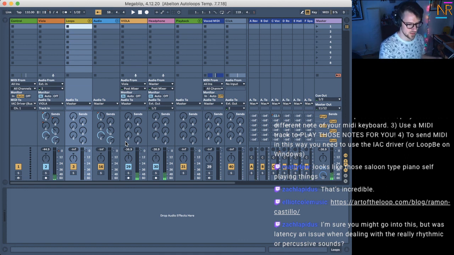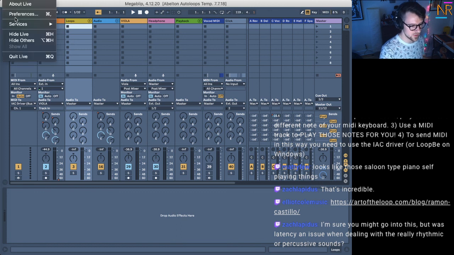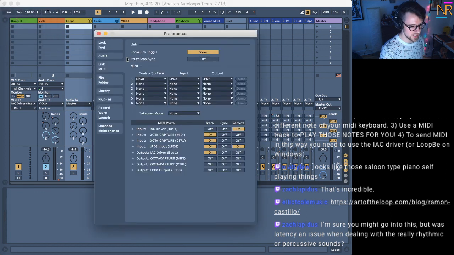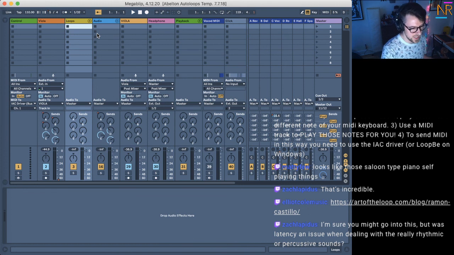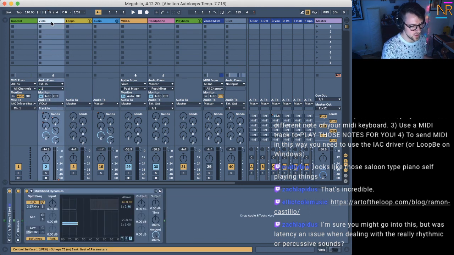Zach, that's a great question. Latency, is it an issue? I don't know how Ableton does it, but their latency is so low. I also have my buffer size down to 128. I can almost get 64, but every once in a while there's a blip. So 128, and I'm pretty much only using